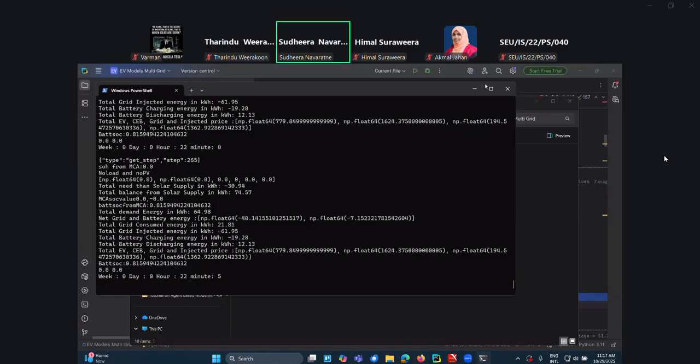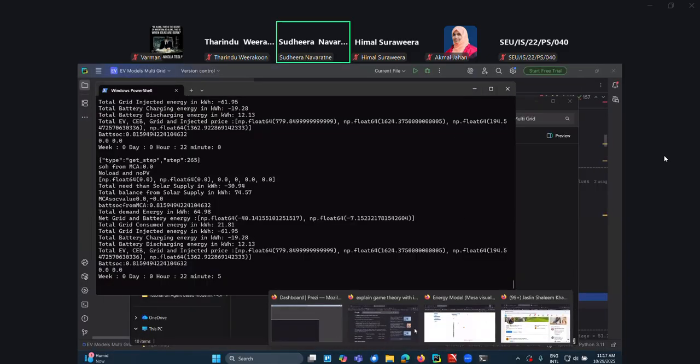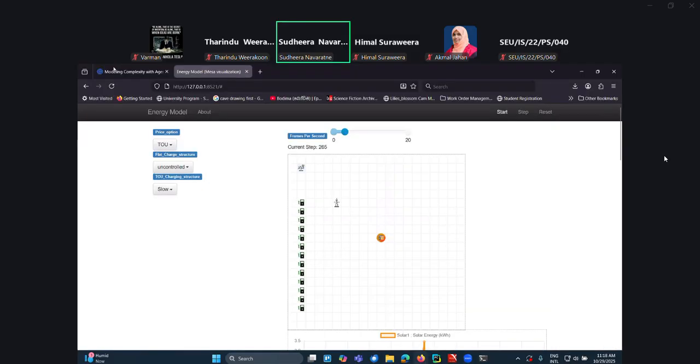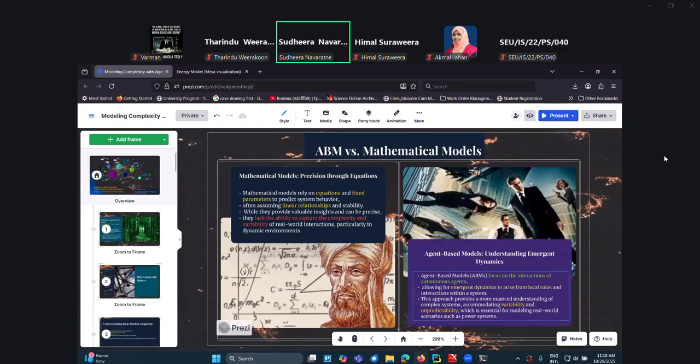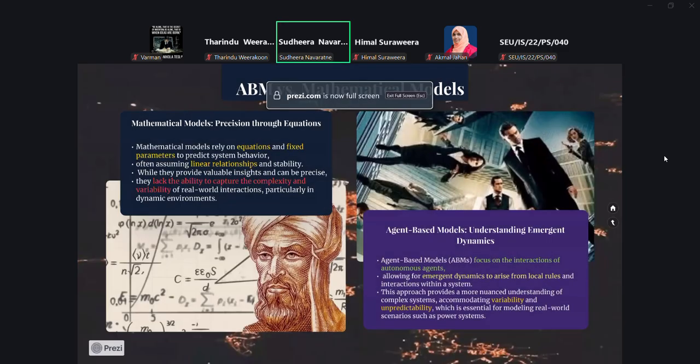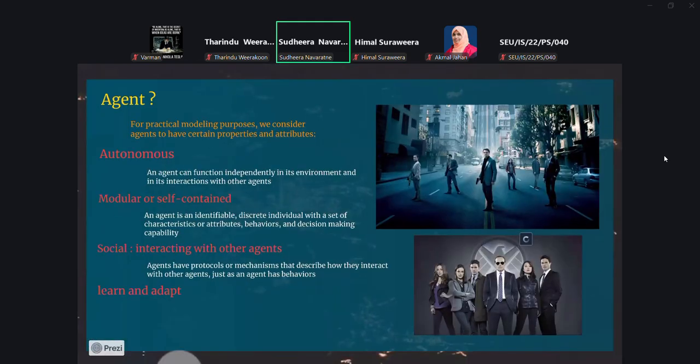Okay, so going back to my slides. As I said, there's no formal definition for the agent, but these agents should have certain properties.